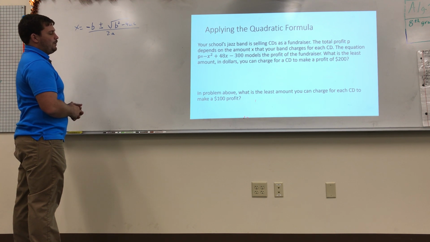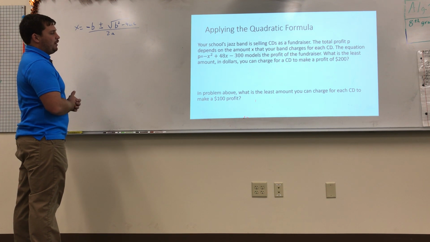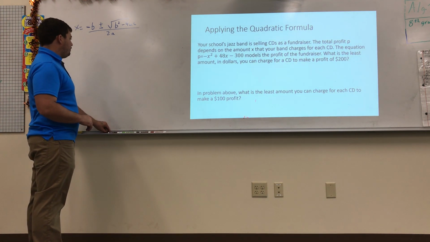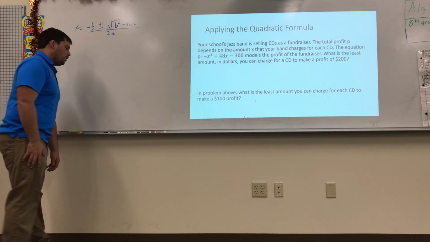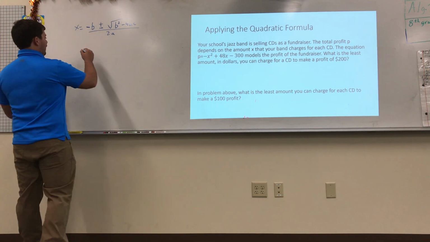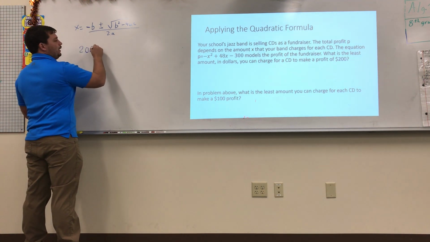What is the least amount in dollars you can charge for a CD and make a profit of $200? Okay, we said profit was P. Now we're telling us that profit is $200, or we're trying to get a profit of $200. So, our equation is 200 equals